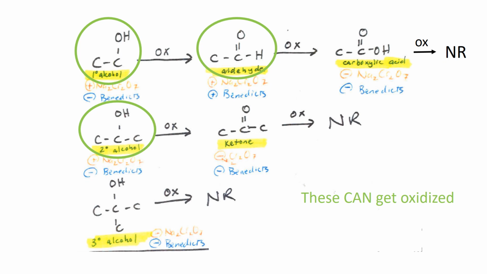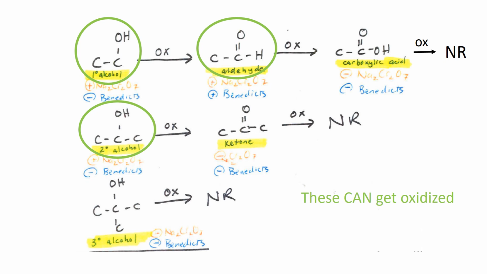Focusing on the functional groups that can get oxidized, primary alcohol, secondary alcohol, and aldehyde. What's happening with strong versus weak? And I have listed those. You'll notice I have them written in orange and blue. Sodium dichromate in orange and then Benedict's in blue. Benedict's is a weak oxidizing agent. Sodium dichromate is strong. Here's the difference.